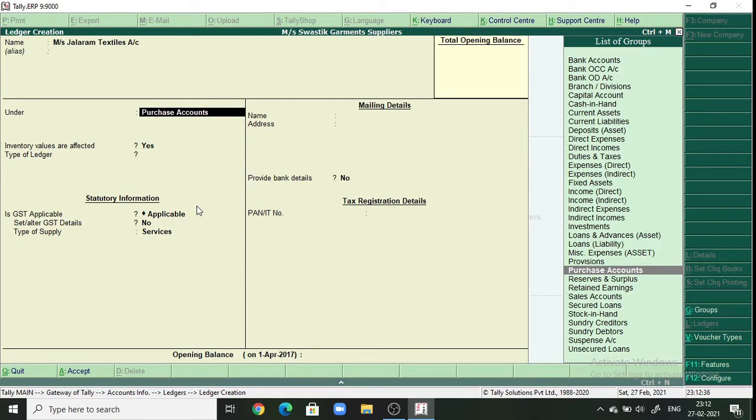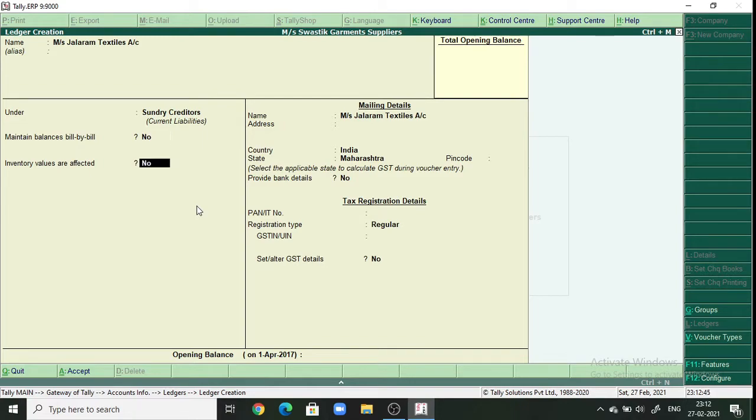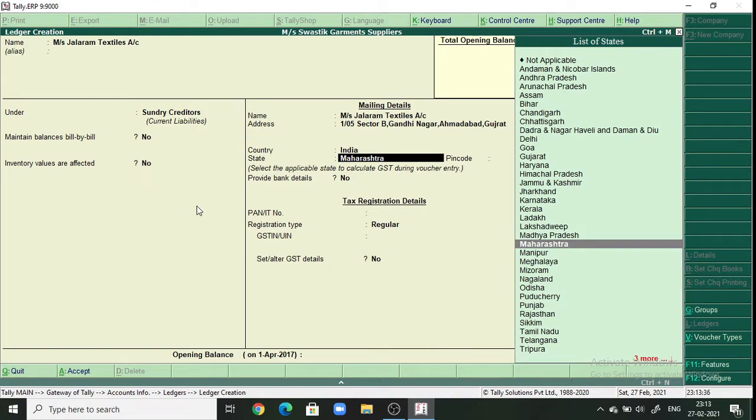Account. This will be our sundry creditor, as we are purchasing from that seller. And then go to the address section and write the address given in the textbook, that is 1/05 Sector B, Gandhinagar, Ahmedabad, Gujarat, and select the country and select the state as Gujarat,